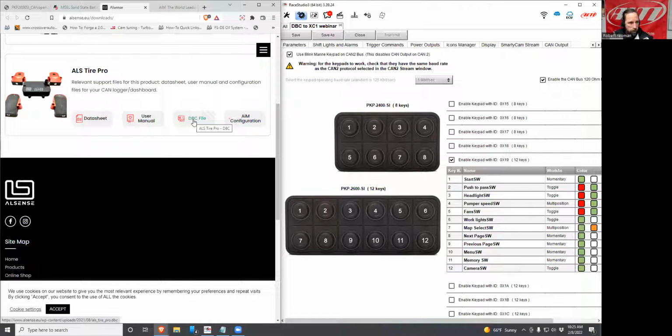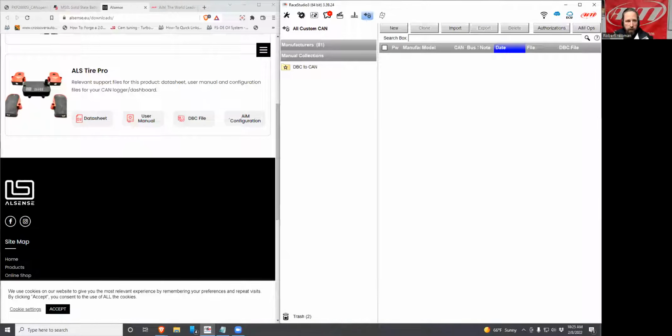And I did cheat a little bit just to save time, but I'll tell you what I did. I took both of these DBC files and I put them in my DBC editor, and I created one DBC file from them. So I just put them together, and there are a lot of software programs out there that can do this, and most of them are free. So you can get a DBC editor and put 2 DBC files in there, export the new DBC file as one, which makes it really easy to get into our software